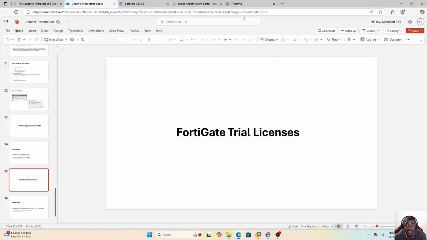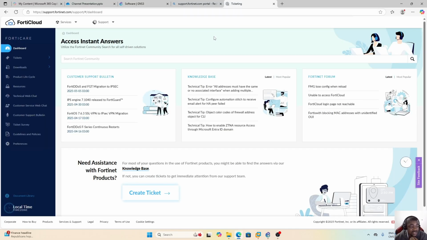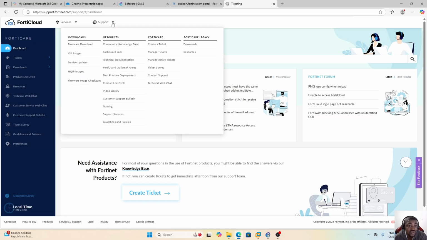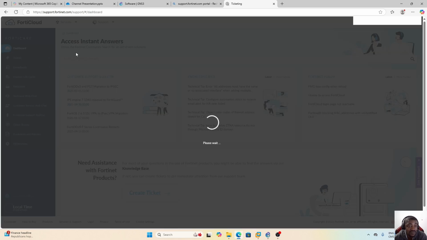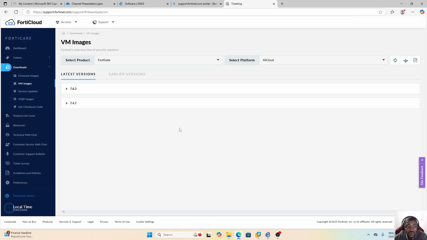So let's go directly to the Fortinet website. To download the FortiGate appliances for GNS3, you need to have a FortiCloud account. So once connected to your account, all you need to do is come here on the Support menu and select VM Images. From there, you will land on this interface where you can download the latest appliances for FortiGate, for version 7.6 and version 7.4,